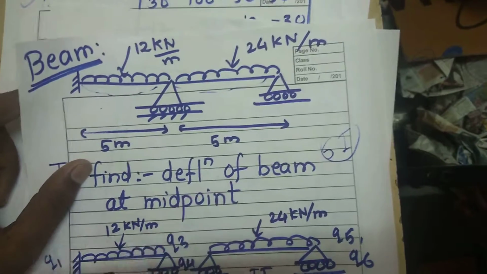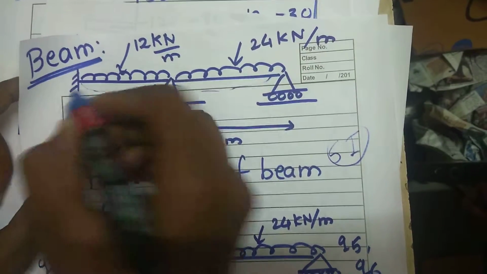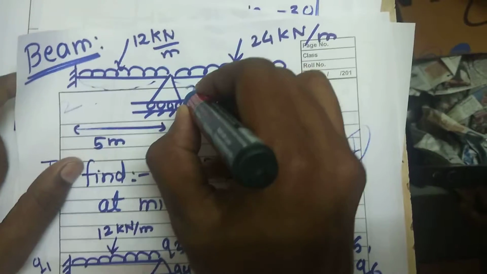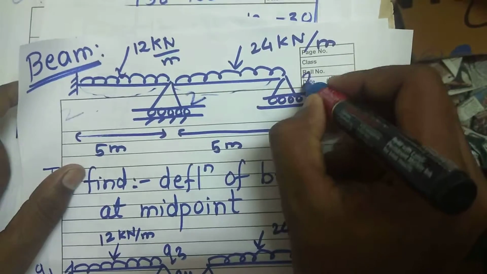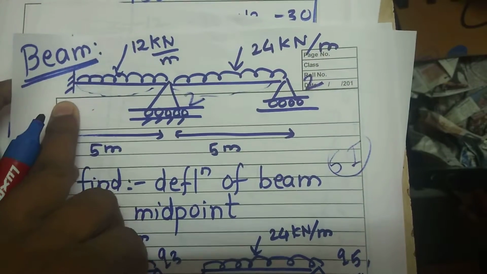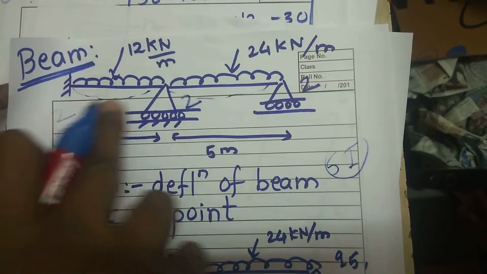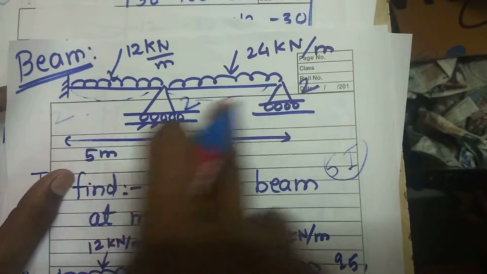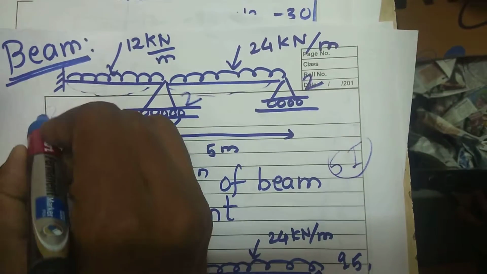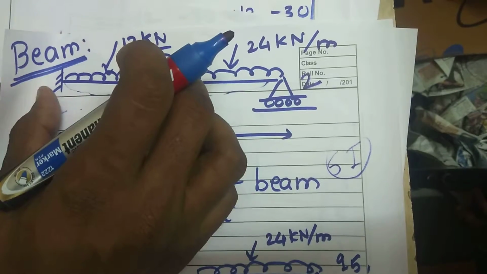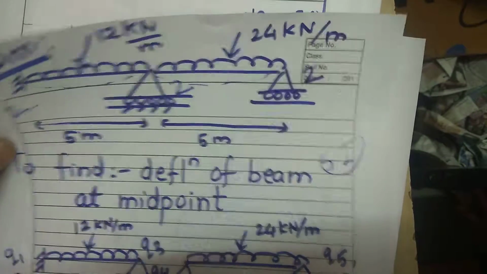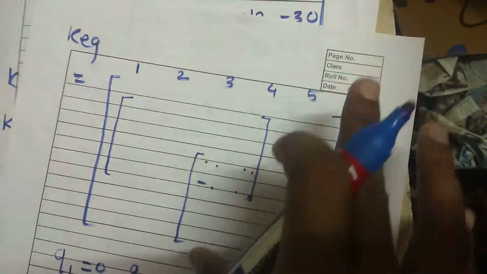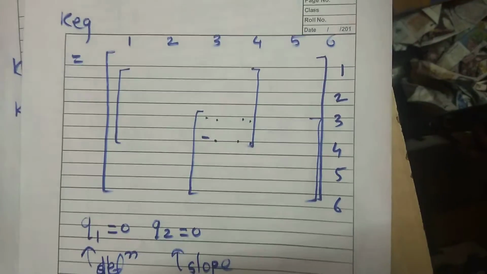Each node has 2 degrees of freedom. We call them Q1, Q2, Q3, Q4, Q5, Q6. In the first element there are 4 degrees of freedom, therefore K1 is a 4 by 4 matrix, and in the second element